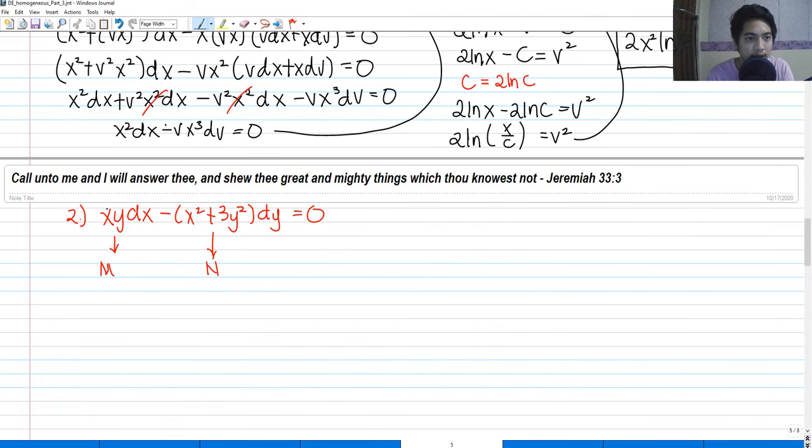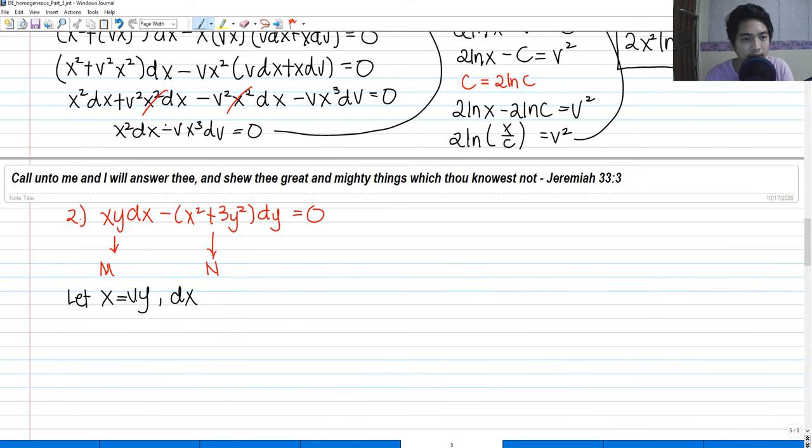It is homogeneous because this has a degree of 2: 1 for the exponent of x and 1 for the exponent of y. Since this is multiplication, we add the exponents of them. So each term has a degree of 2, and so do x squared and 3y squared. So since N is simpler, we let x equals vy